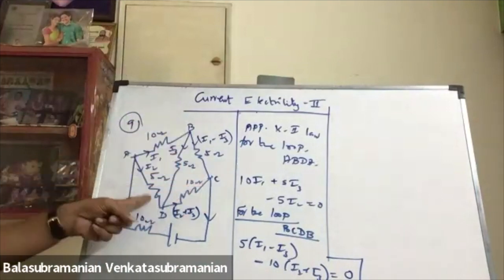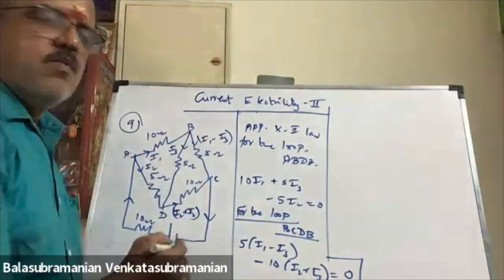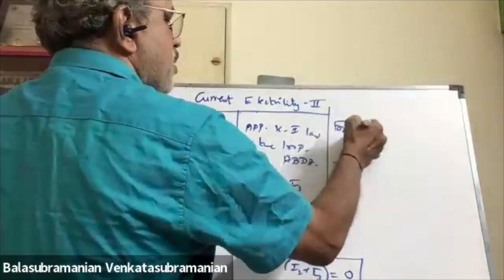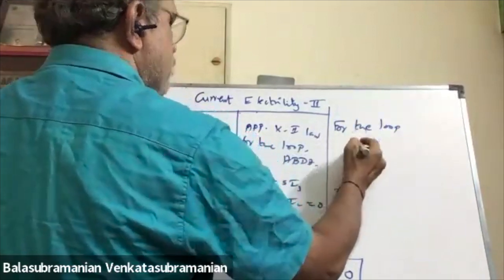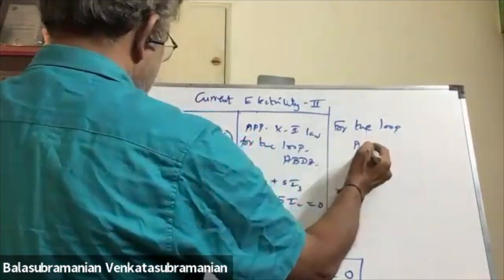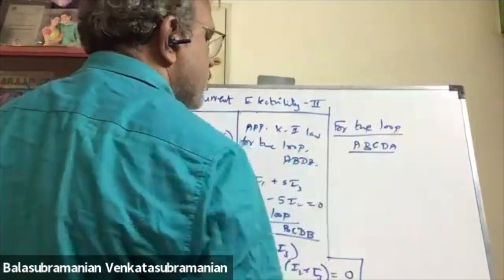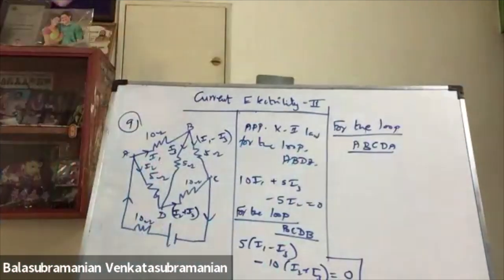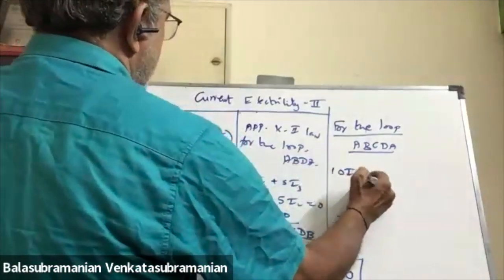A, B, C, D, A. That full path also you can consider for the loop. A, B, C, D, A: 10I1 plus 5 into (I1 minus I3)